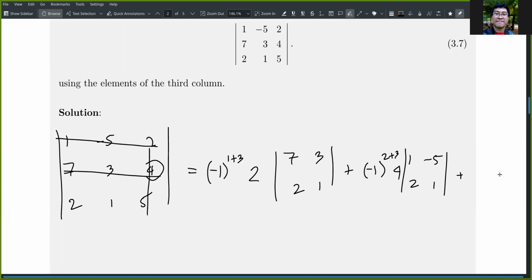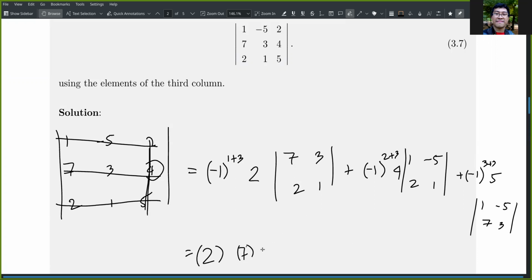Lastly, this one, which is 5, the position is third row, third column, 5 times the minor, which is derived, we remove this row, remove this column, you have 1, minus 5, 7, and 3. So minus 1 to the power of 4, that's 1. So you have 2 here, times 7 times 1, minus 2 times 3,